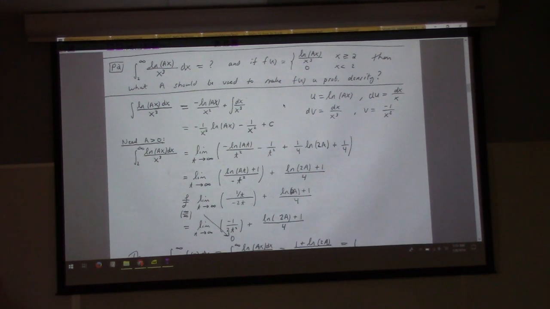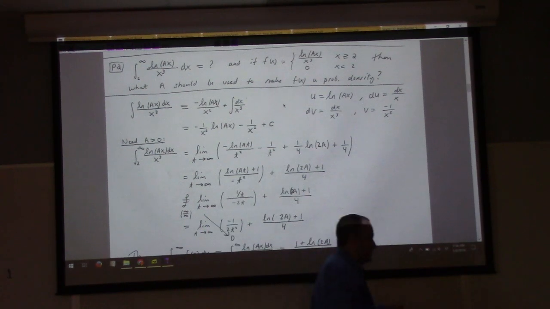Cutting through the noise here, this should be what we get for the second piece, which doesn't go away. And then in the thing I haven't shown yet, that's going to be set equal to 1, because if we integrate from minus infinity to infinity,